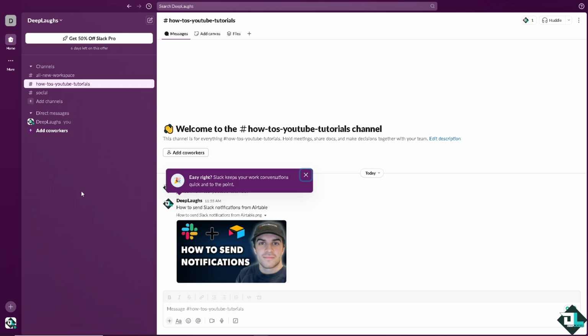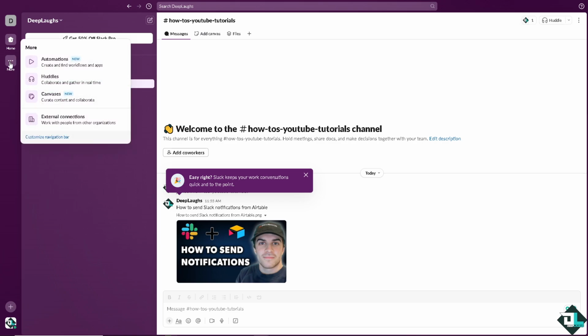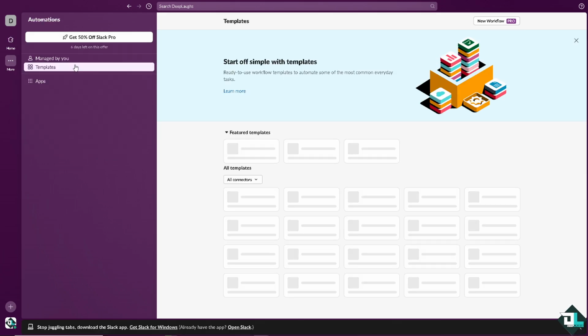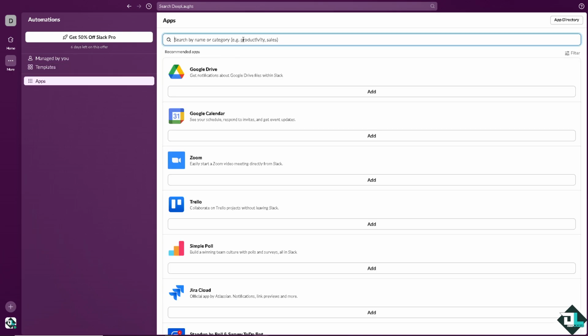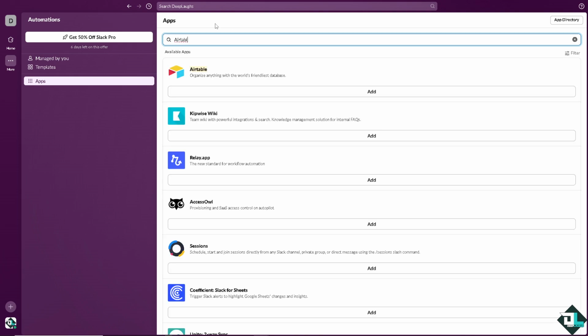Now, once you are logged into your Slack, I want you to hover to the left side panel of your dashboard here on Slack. There's going to be an option that says More, Automations, Create, and Find Workflows and Apps. Once you find it, you might want to check the apps for now, which is going to be for Airtable. You see that? Now you can organize anything with the world's friendliest database, and all I have to do is